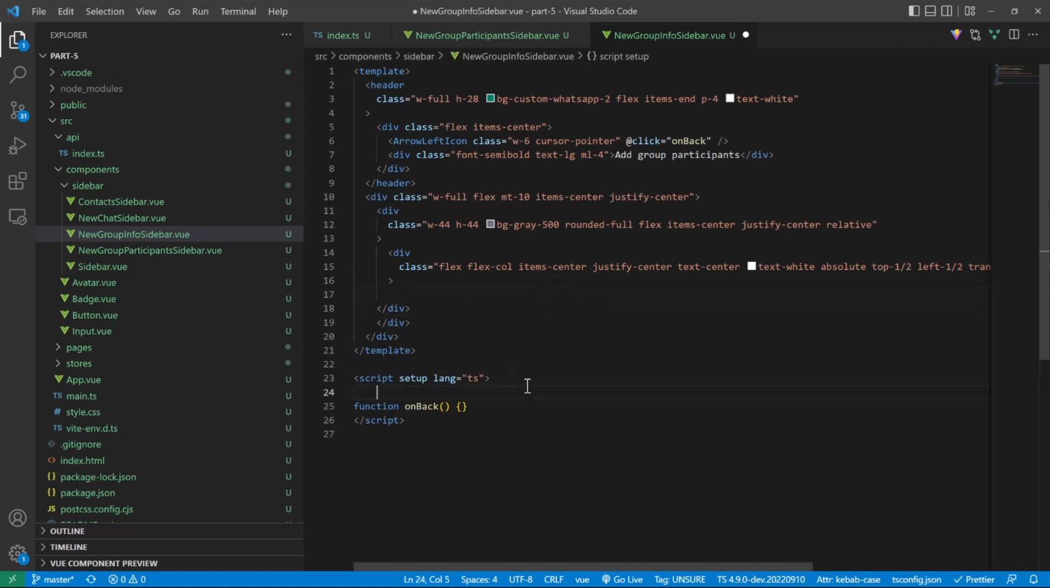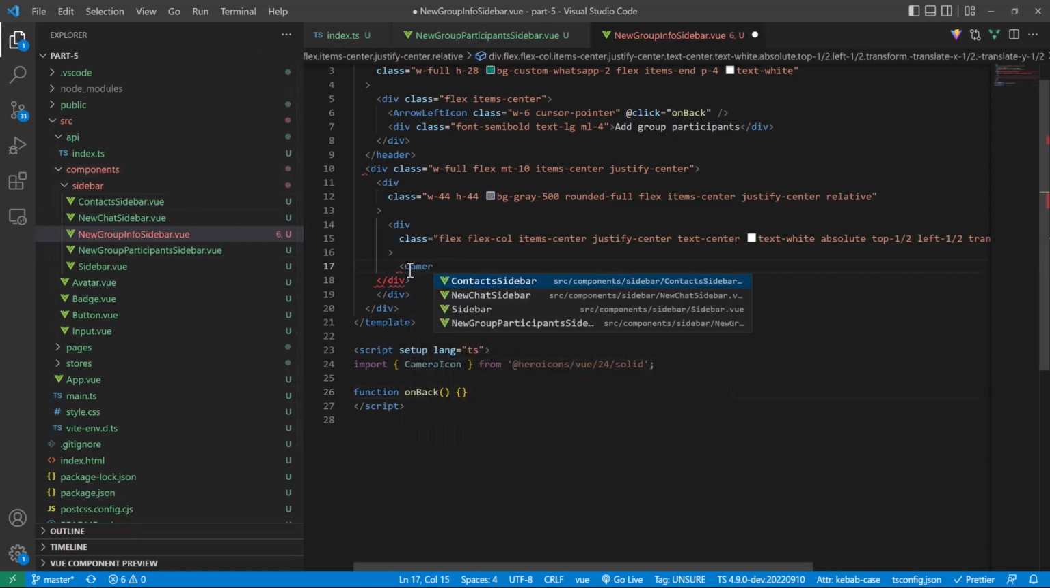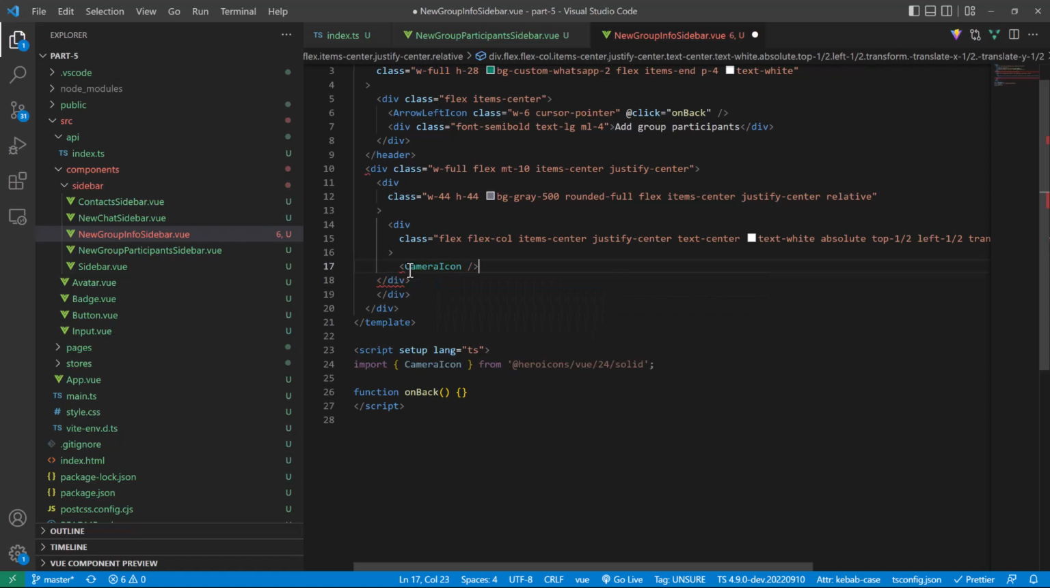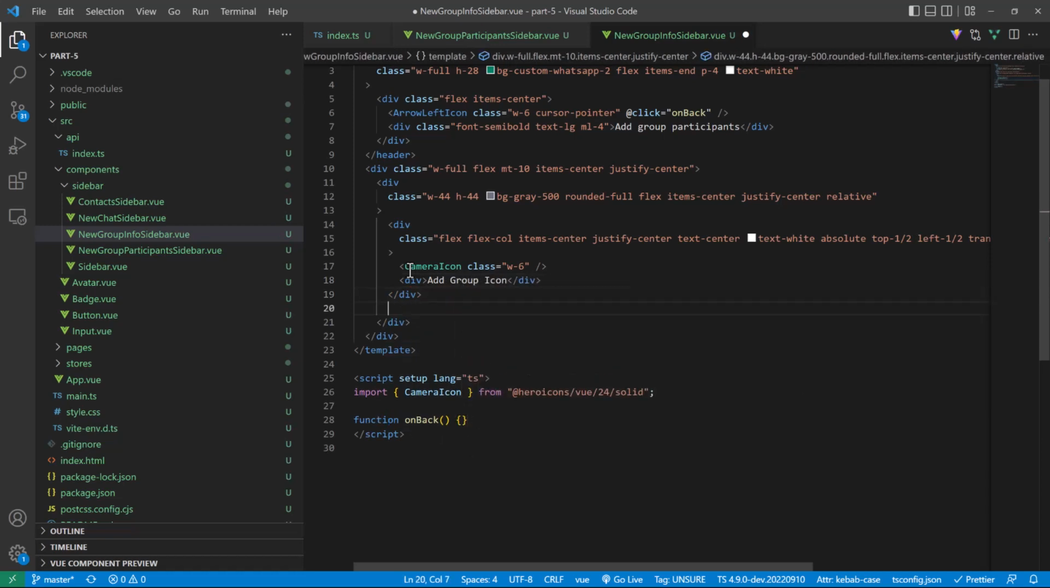So we'll just auto import that camera icon from the solid icon pack. So we have the camera icon, which we're going to put here, camera icon, which will be class equals width of 6, like all the rest of our icons. We're going to have some text, which will be add group icon, and underneath this div, we're going to have our user group icon,